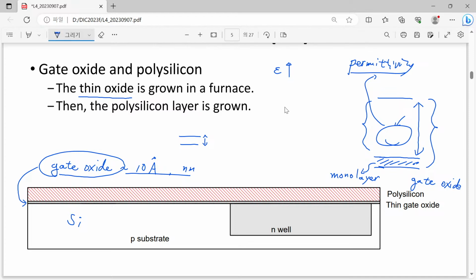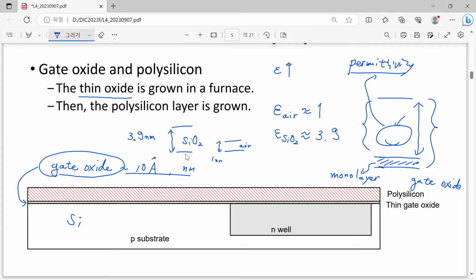For example, what is the relative permittivity with respect to the vacuum? In the case of air, this is quite close to 1. And how about silicon dioxide? It is known that it is about 3.9 times higher than air. So simply speaking, when you have a 3.9 nanometer thick silicon dioxide layer, and let's compare just an air gap, and its thickness is just 1 nanometer thick,